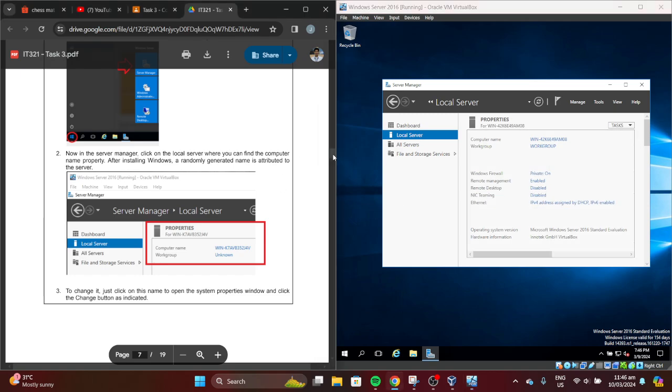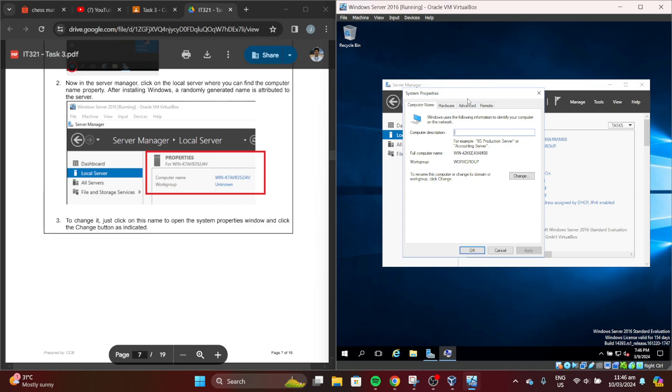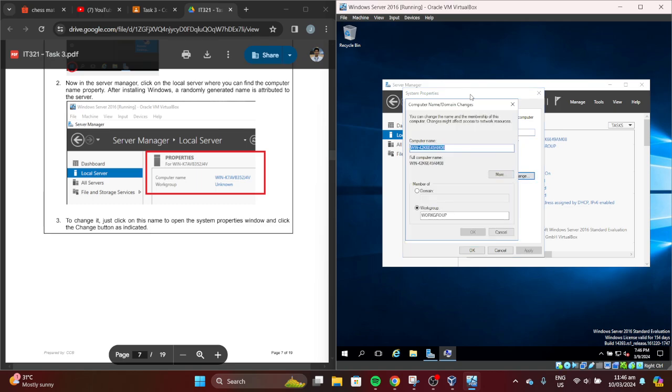Then to change the name, just click on it to open System Properties and click the Change button. Computer name.